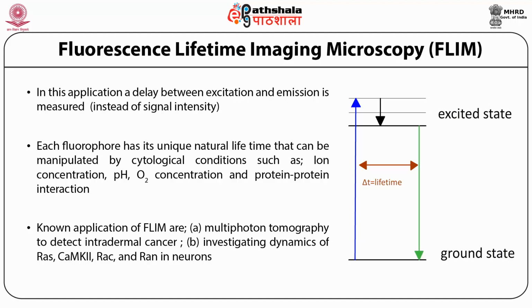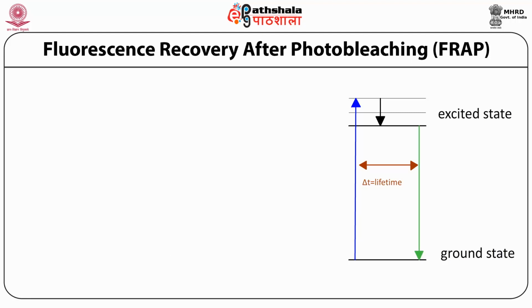So this particular capability of the fluorophore is exploited in understanding how proteins are moving and how dynamic they are within the cells. For example, RAS, CAM, and RAS in neurons, as well as it is used in multiphoton tomography to detect intradermal